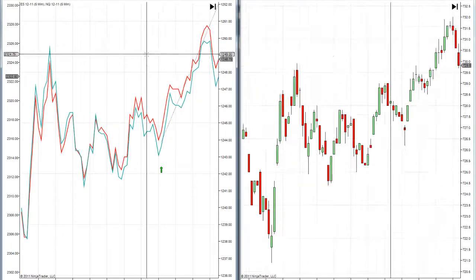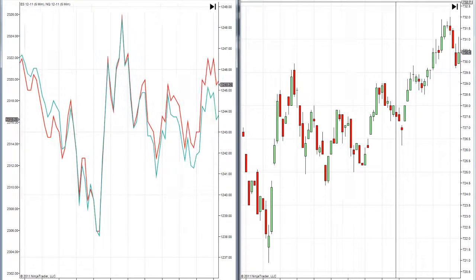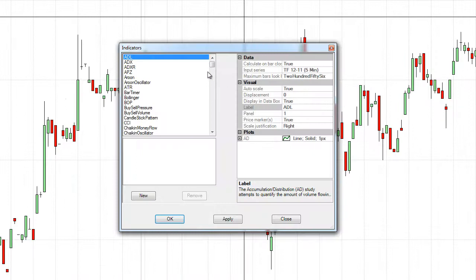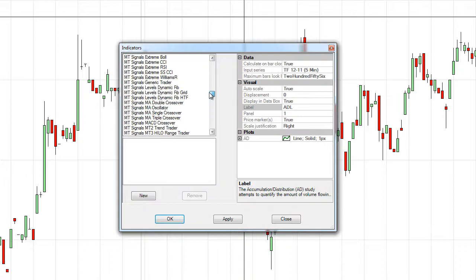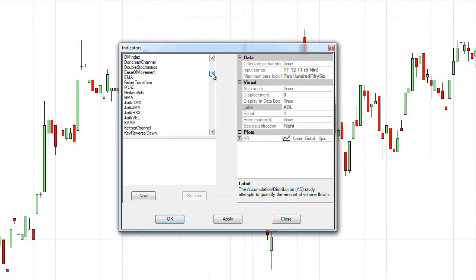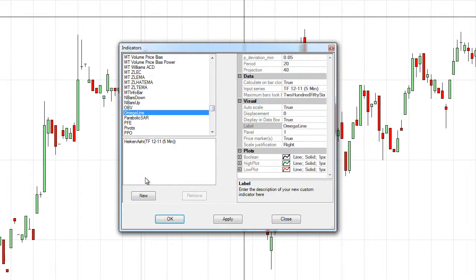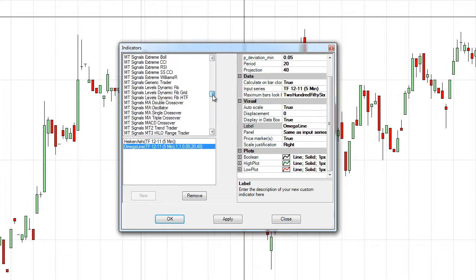Now with charting, we also have a wide array of indicators that we have access to. Some overlay on the chart, some go on the bottom, and we can also have a lot of custom indicators. I'm just going to put on a few here. I right clicked and I went to indicators, and I'm just going to do a few ones that you may not know about. I'll add the Heikin Ashi. We'll add a custom indicator that I have created, and we will add